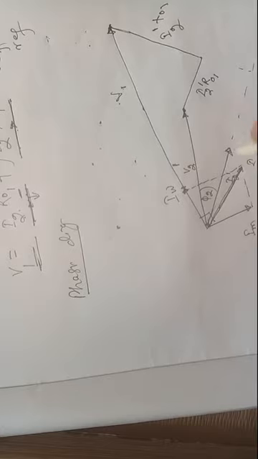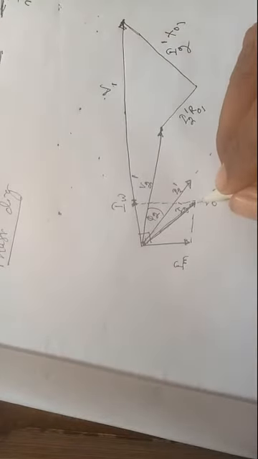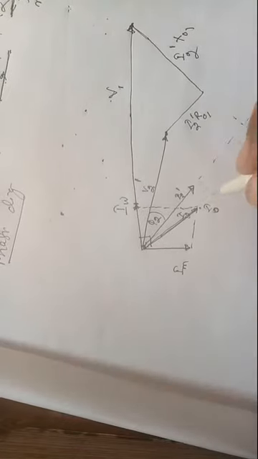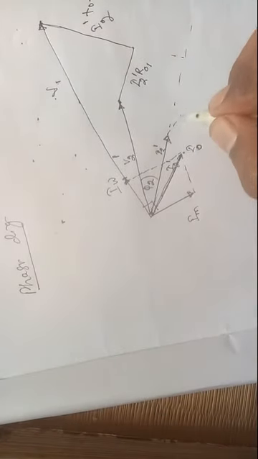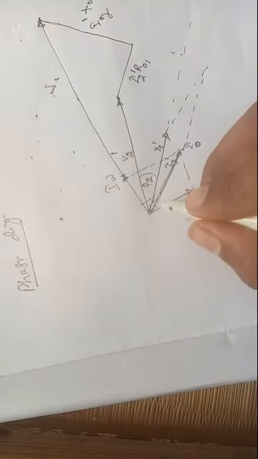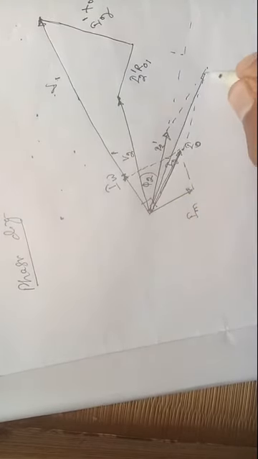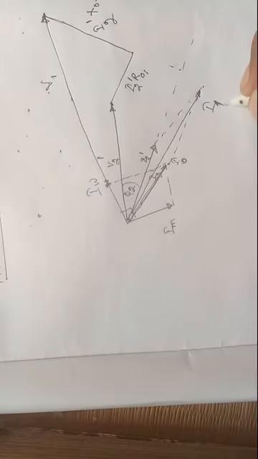Now this is the phasor of I2 dash, which we plotted from the beginning. Now the sum of I0 and I2 dash is equal to the input current I1. This can be obtained by the parallelogram law of vector addition. So this is the side, this one is your I1, the primary current I1.